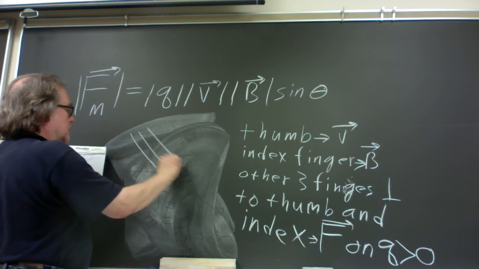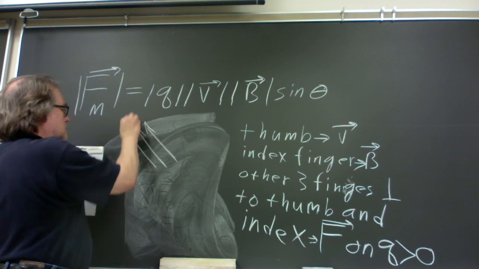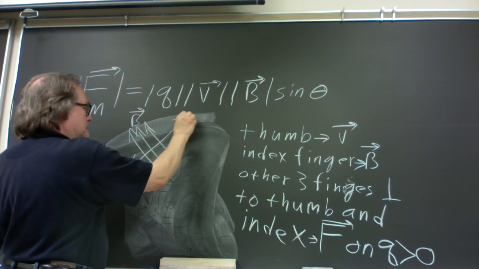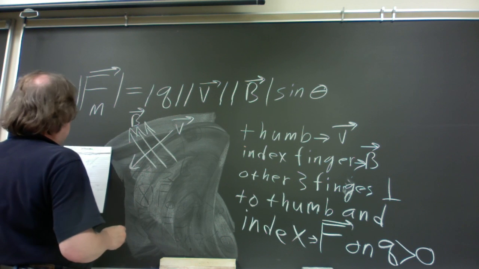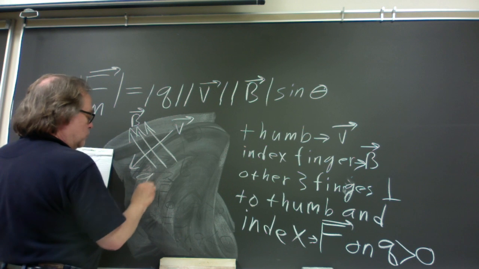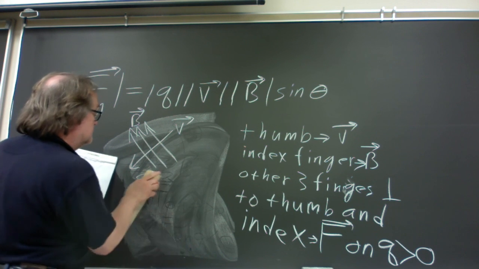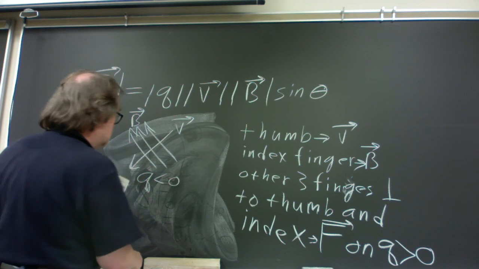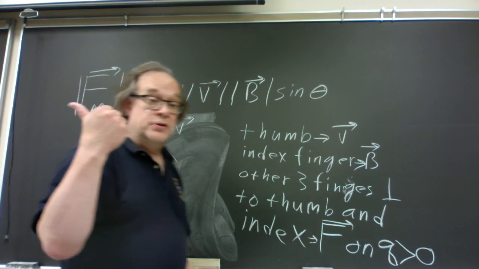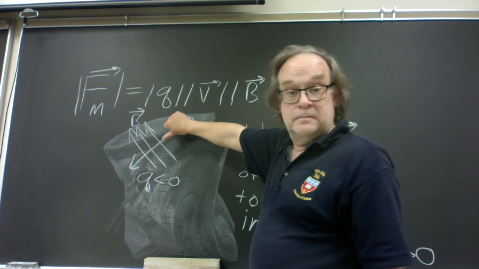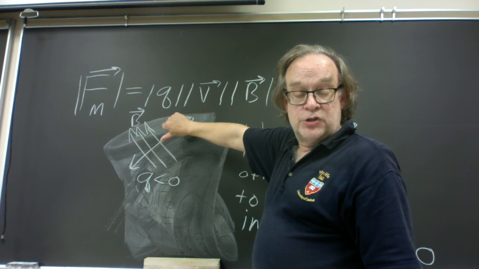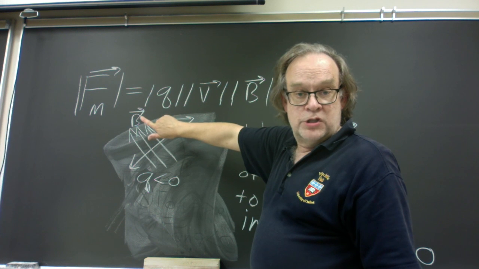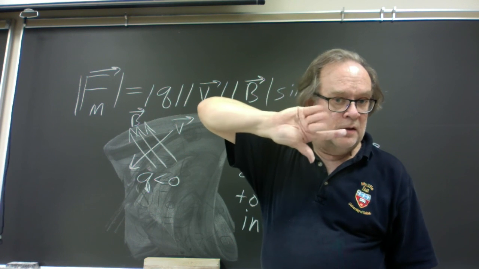So magnetic field, let's say, points this way, and the velocity points this way. And let's say this time we know what the charge is and it's negative. So follow the rules. First, thumb in direction of the velocity, index finger in direction of the field, and then fingers, curl those fingers again